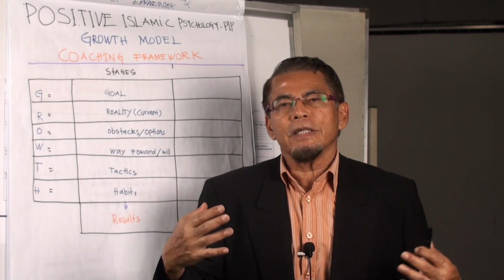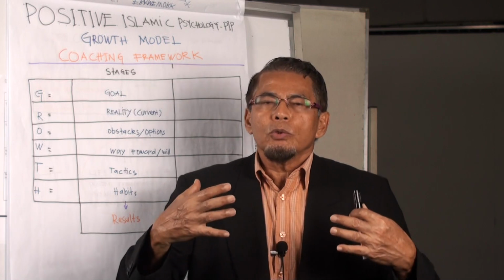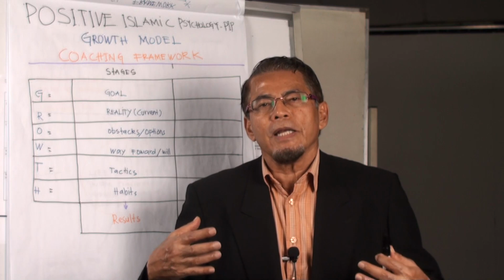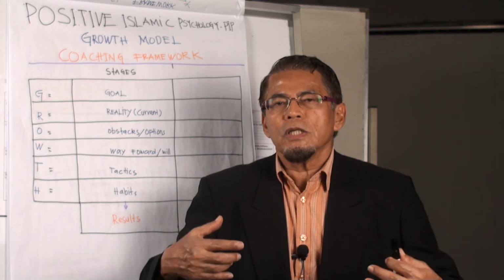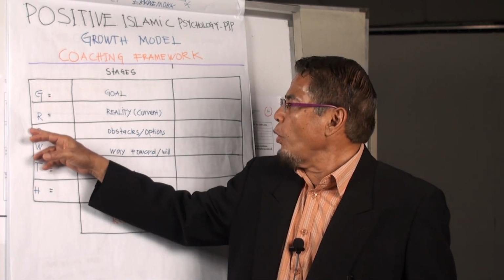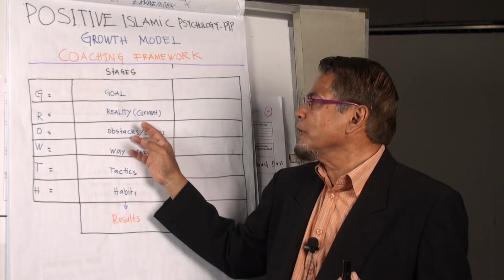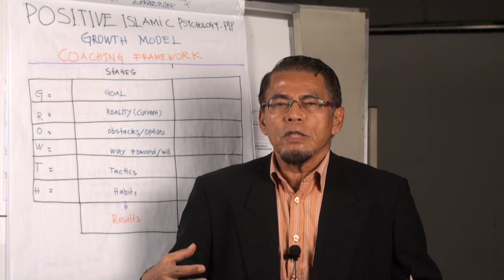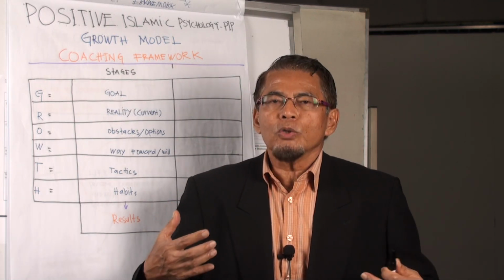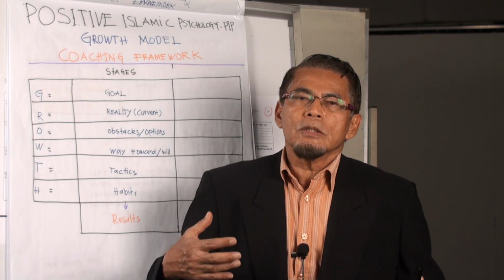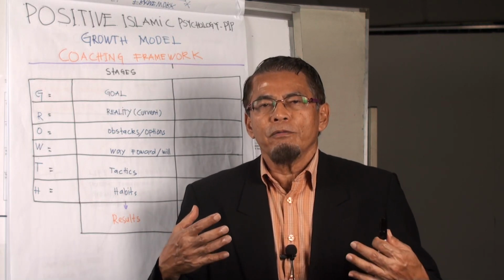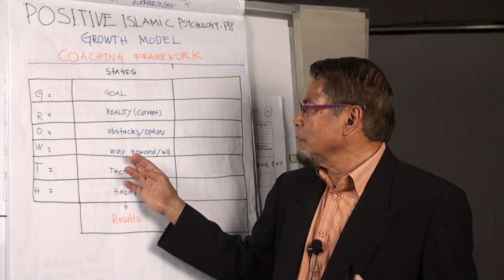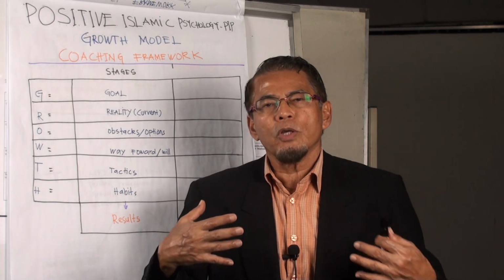What is the current reality and how we are going to use templates to resolve the current reality? What are the situational conditions that our coachee is facing? Then O is for what are the obstacles and the options available for them to actually transform or reform themselves to achieve a balance in life, or to overcome their sadness or their difficulties or their fear, their worries, and so on. Then W is the way forward, application of their will, how we're going to use your will and